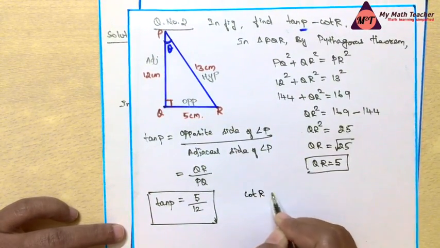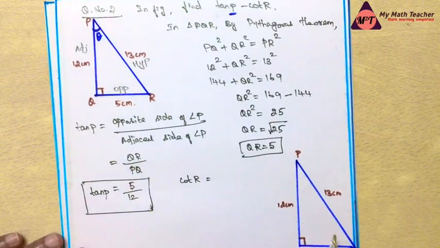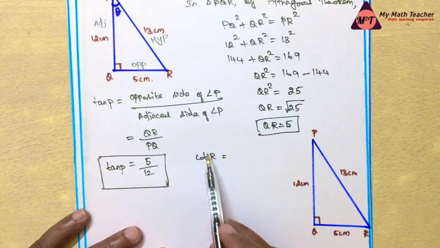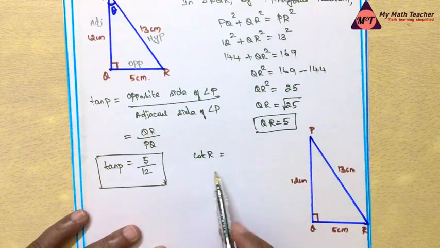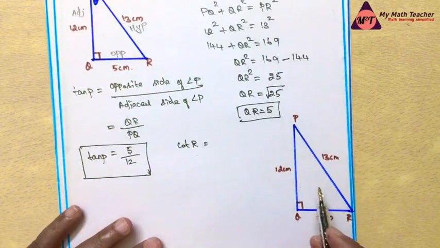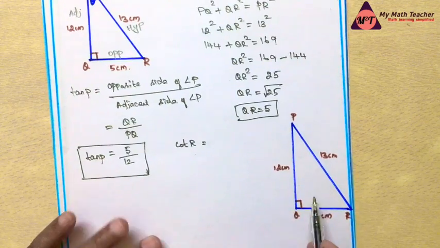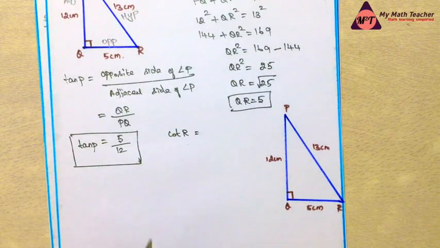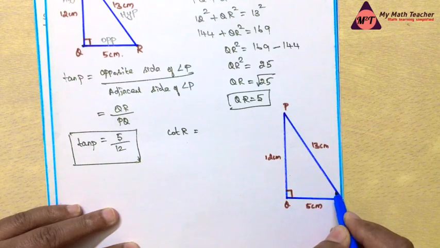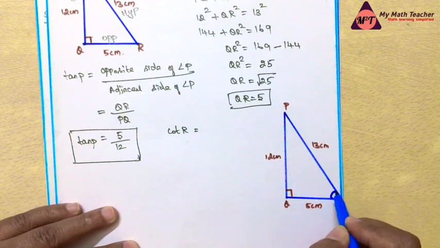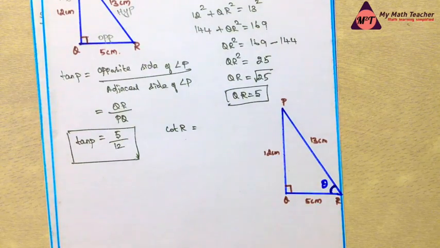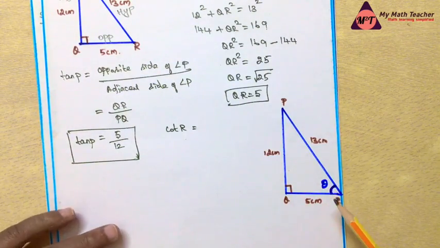Cot R. The same triangle I have drawn here. Why? Because now the angle will be with respect to R. Okay. Now you can roughly draw with your pencil. For your easy understanding, I have given all the details here. The same PQR with all the values and size. Now the angle will be at the point R with respect to R. Now the angle theta will be here with respect to R. Now we have to find the sides with respect to this angle.